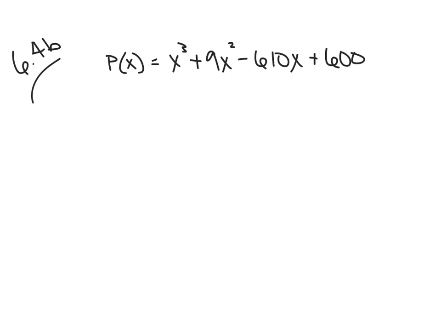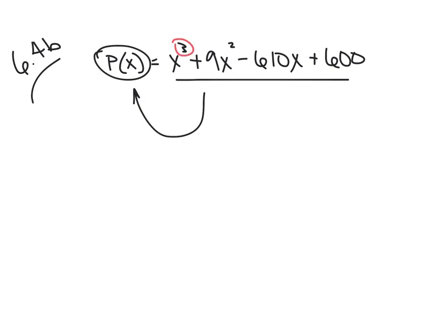Okay, that's the answer to these problems, because what we do is we make that equal to 0, and then we find out what values for x make our y, or make our p of x, equal to 0. And our values for x that make p of x or y equals 0 would be where they cross the x-axis. So remember, this number here pretty much tells you how many answers you're going to get, how many places